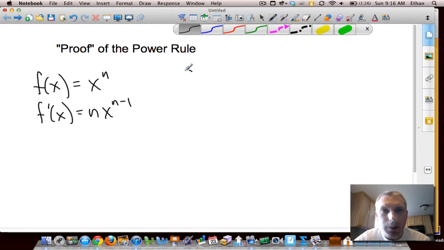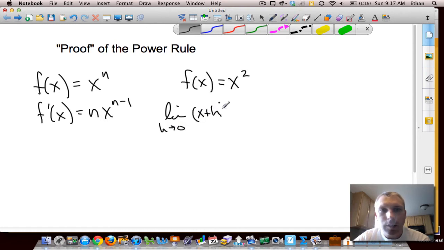And what I'm going to do here is run through a couple of examples. We're going to look for the pattern, and I'll see if we can decipher how the pattern leads us to this conclusion. So if you recall, the derivative is the limit as h goes to 0 of f of x plus h minus f of x over h. So if I take this a little bit further,